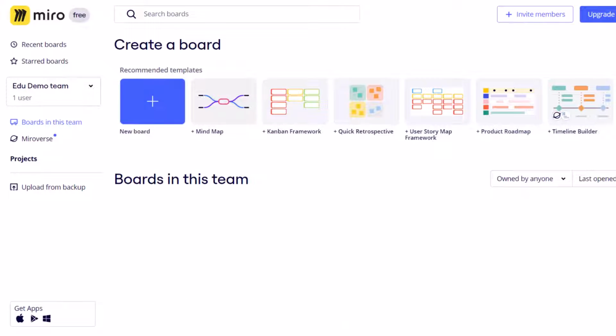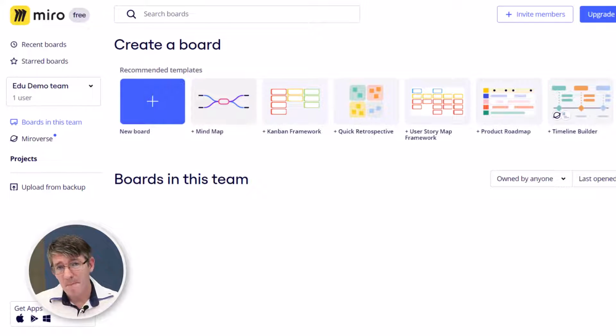Now here we see the first one, and this is Miro. Now Miro is an amazing application. It's one of those applications that people don't really know about, but then once they check it out and they try it, they fall in love with it. They see how easy it is to use and they start using it more and more often. So let's have a look at what we can do and why you might want to use this in an